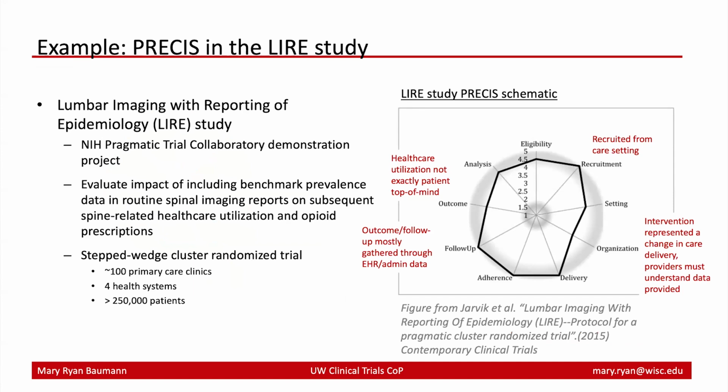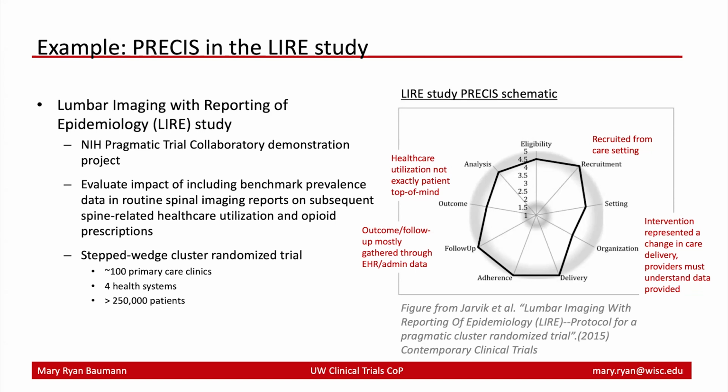So an example of a use of a PRECIS-2 tool is in the Lumbar Imaging with Reporting of Epidemiology study, or LIRE, which was an NIH Pragmatic Trial Collaboratory demonstration project. The idea behind the LIRE study was to evaluate putting benchmark prevalence data into routine spinal imaging reports, and then understanding whether putting that data in those reports would impact spine-related healthcare utilization afterwards, and opioid